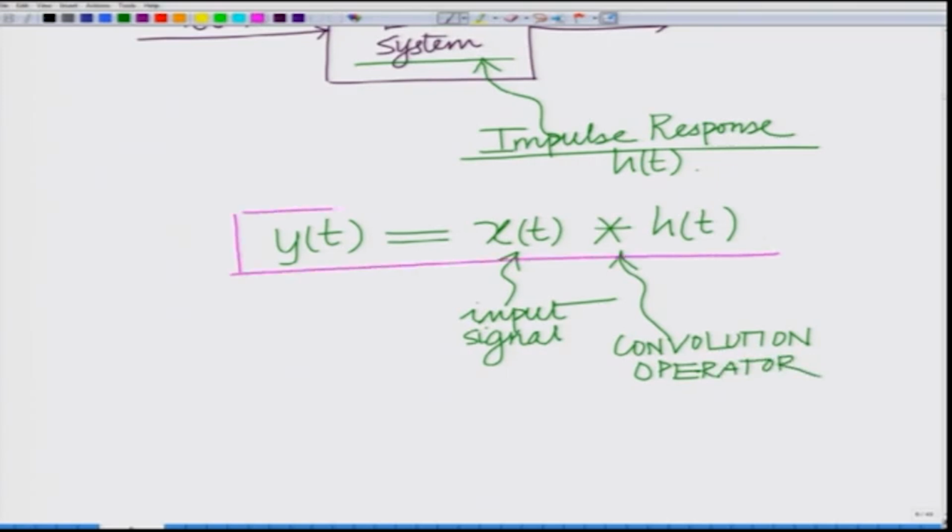Therefore, if I know the impulse response h(t), that completely characterizes the LTI system. For any arbitrary input signal x(t), the output y(t) can be derived by convolving the input x(t) with the impulse response h(t),